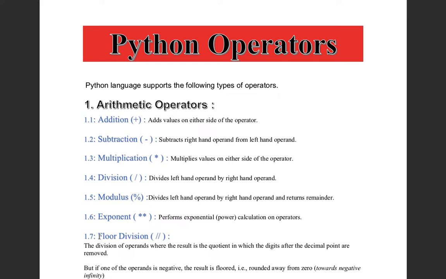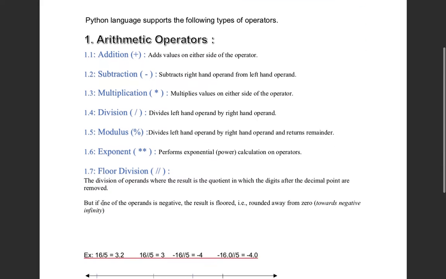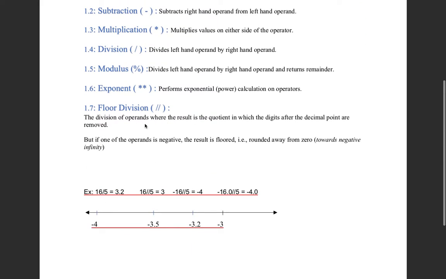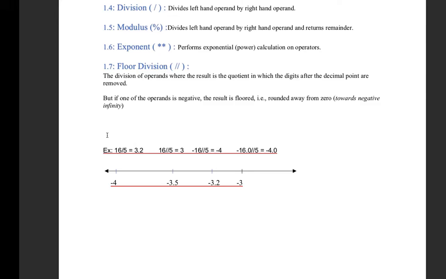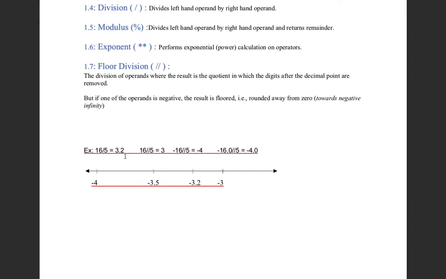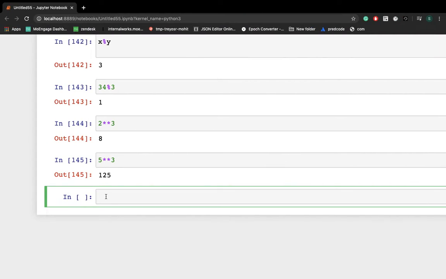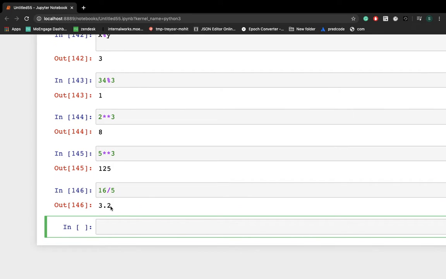Now one more operator, which is floor division. Here you can see the definition of floor division. However, I will help you understand it by example only, because it will be easier for you. As you have seen in normal division, let's say 16 divided by 5, you'll get 3.2.